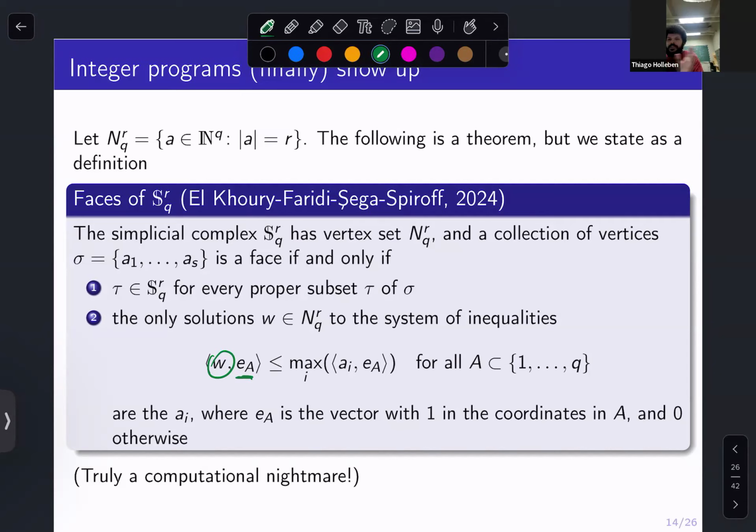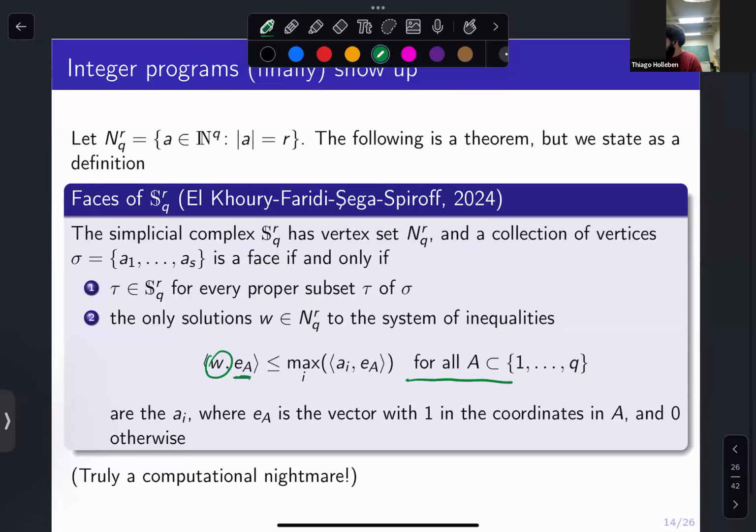Okay? So one thing is, this is horrible to compute. It's very complicated to do, even on a computer. We can only do it for very small examples because in whatever way you want to think about this, something's exponential and something's horribly exponential. Because when we say for all subsets of 1 through Q, that's exponentially many things that you're going to have to check here. And then you also want to know what all the faces are, right? So you want to check it for every subcomplex, for every subset.